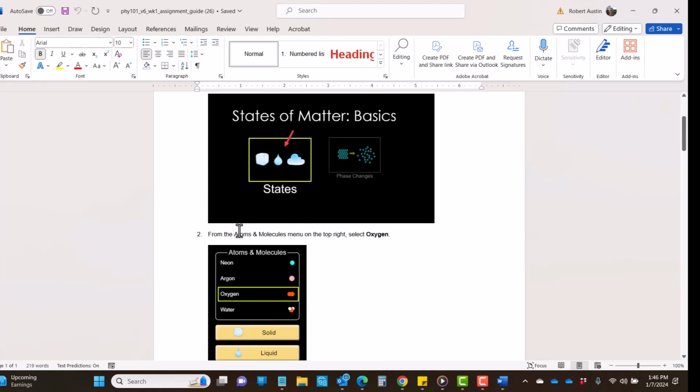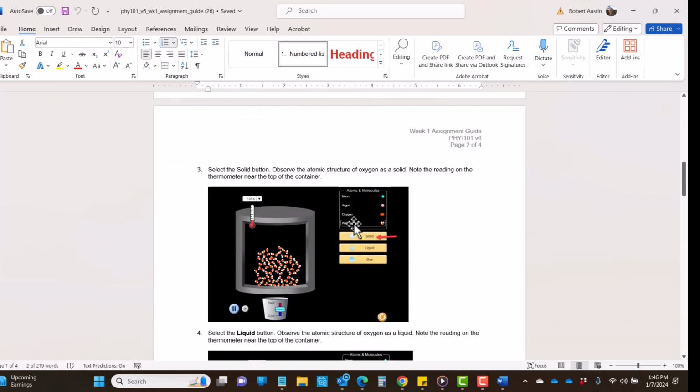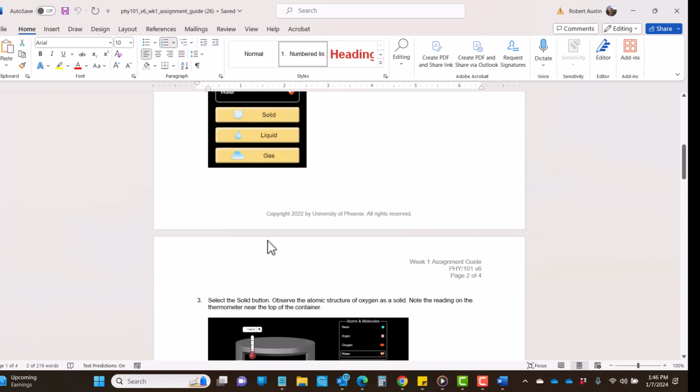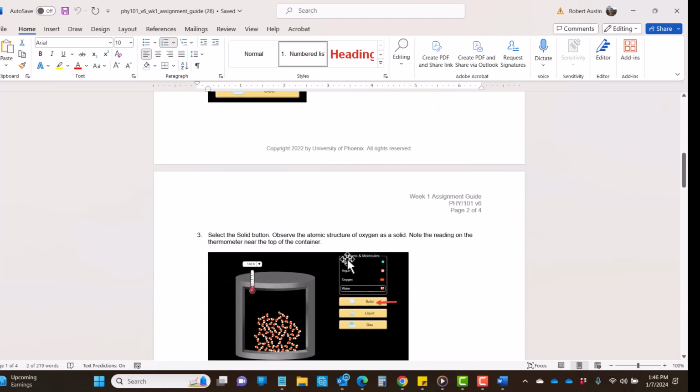So, for example, it says that you're supposed to, at least this first week's assignment in the simulation, be doing everything for oxygen. Okay. So I just want to warn you, this picture down here shows water molecules, but don't do it for water, do it for oxygen. Your whole report will be about oxygen. If you want to go and look at water or argon or something else later, feel free to do that. But the actual assignment is your observations of what happens to oxygen under certain conditions. So I just want to be clear on that.